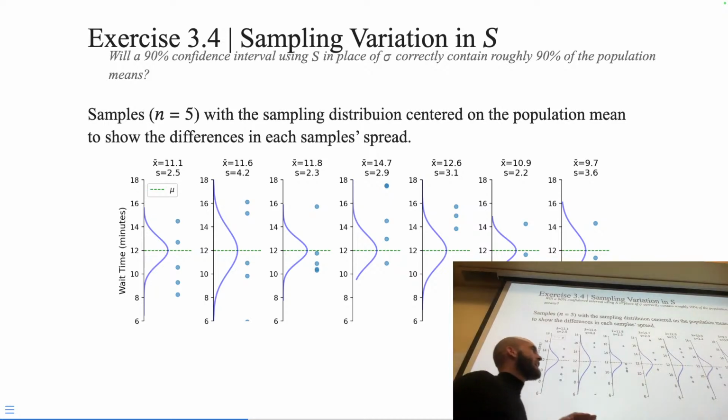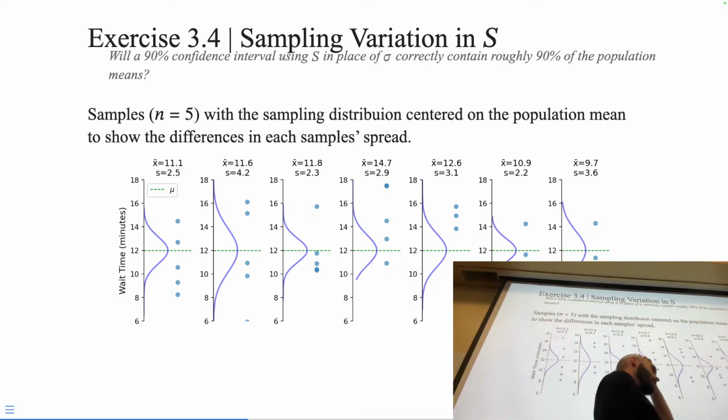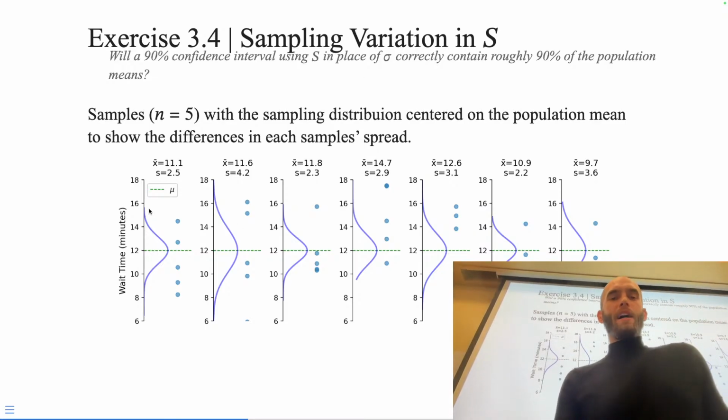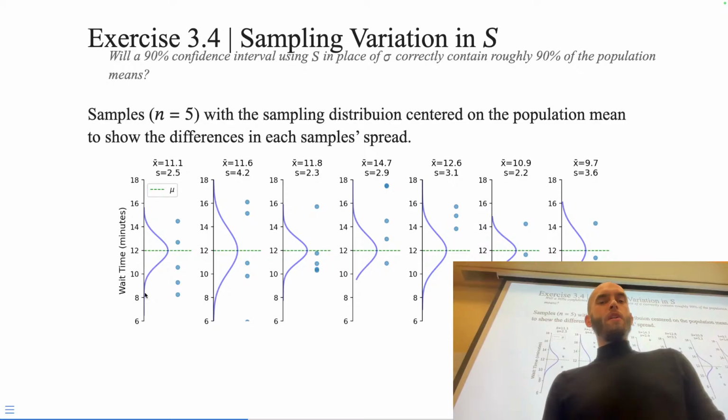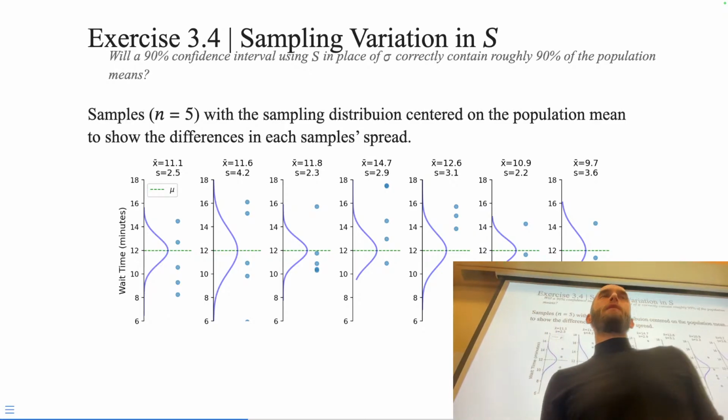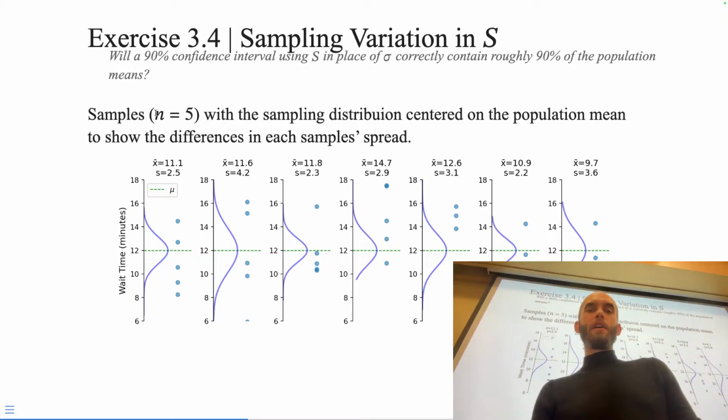So this is 7 samples I collected from the wait times. I have the theoretical distribution of wait time. So I just did a bunch of sampling, much like we did with the die rolls. Except here I took samples of sample size 5. And then what I'm doing is